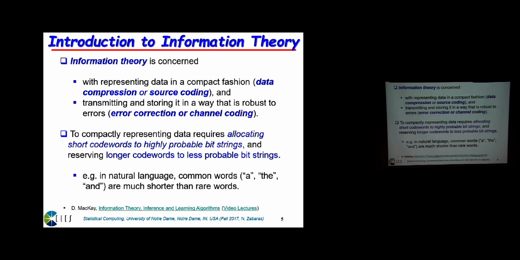Information theory is basically concerned with the way we transmit and compress data. And our data, of course, come from some probability distributions, so that will be relevant to the type of things we're talking about today. I already mentioned in passing last week that when we compact and transmit data, we have to do it in a way that we allocate what are called short code words to things that are very probable, and very long code words to things that are less probable.